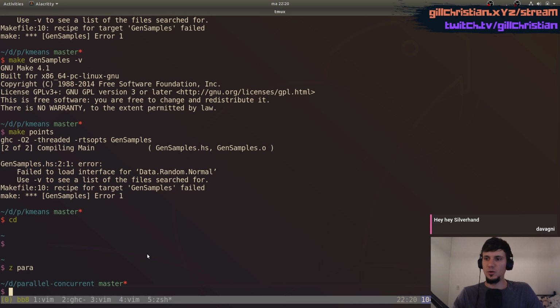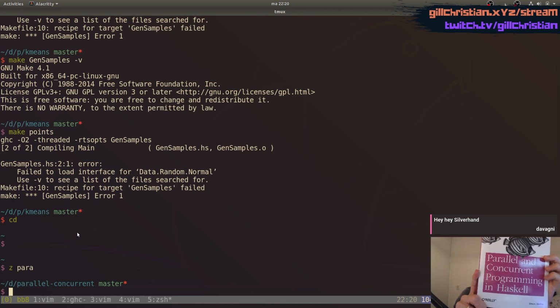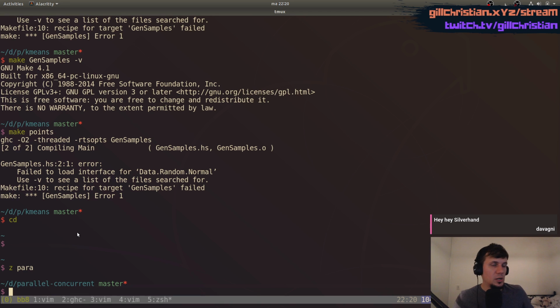I'm getting lost in dependencies and trying to figure out how to run the book examples. I'm working through the chapters of this book about parallel and concurrent programming in Haskell, but we are trying to run one of the examples. Cannot, so